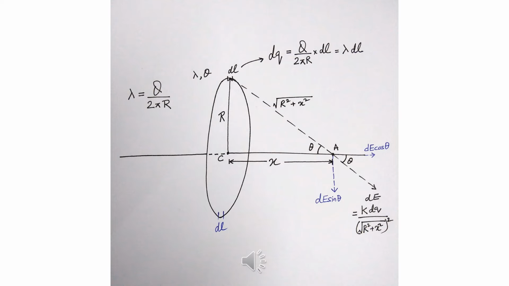As we can clearly observe from the diagram that the complete length of the ring is 2 pi r and the ring can be divided into its infinite number of elements, and the length of each such element may be taken as dl, which is the elemental length and is infinitesimally small. dq is the elemental charge on the elemental length dl, and dq is equal to lambda dl as shown in the diagram. dE is the elemental electric field at point A due to dq charge of an element as shown